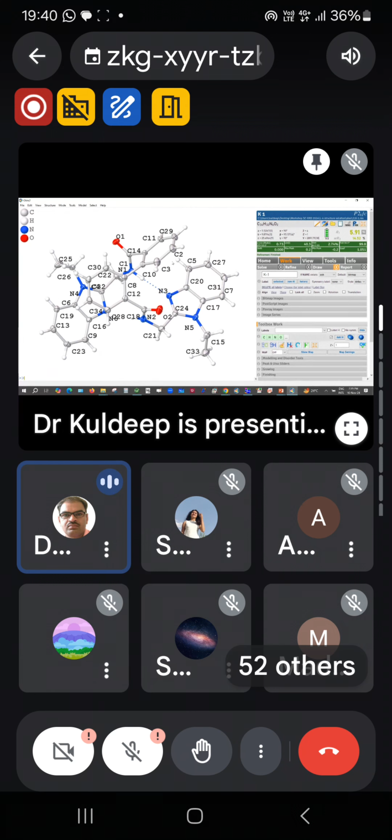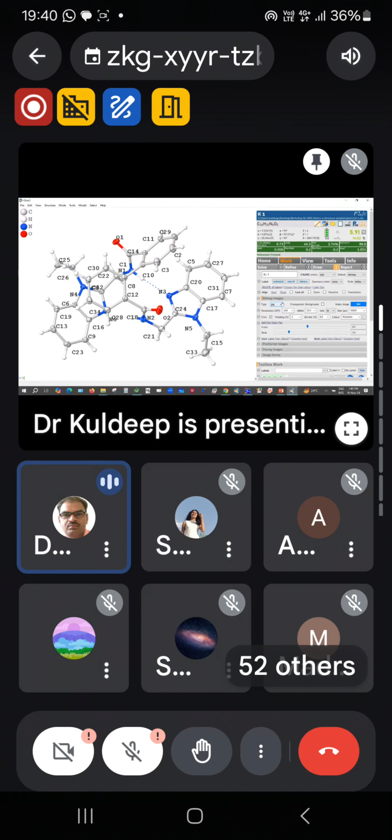Okay, so this is the outer diagram. Then you can draw the image, a nice image from here, bitmap images. And just go from here, JPG, or there are several options actually, PNG, TIFF, you can save in any format. And then there is some resolution. I generally put the maximum resolution 600, and then width, I generally put the maximum width, and then you press just go, and it will show a JPG image in your image folder. But before that I have to